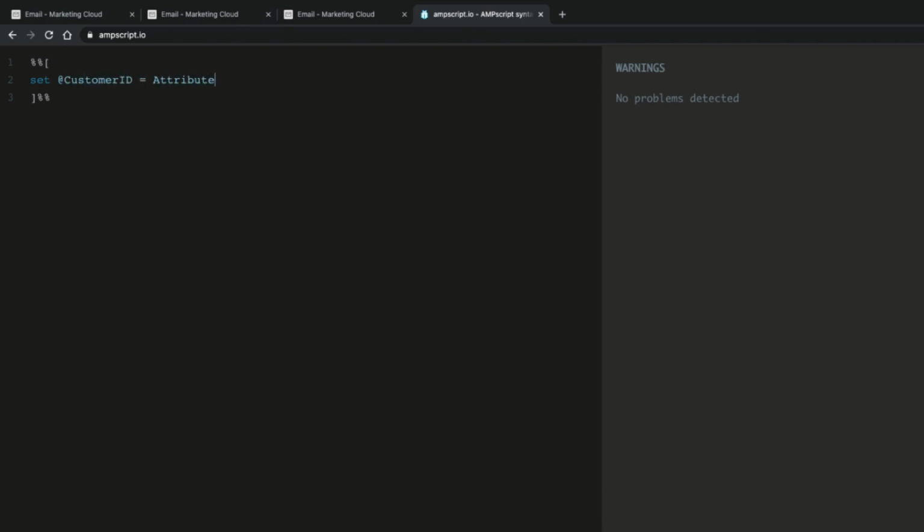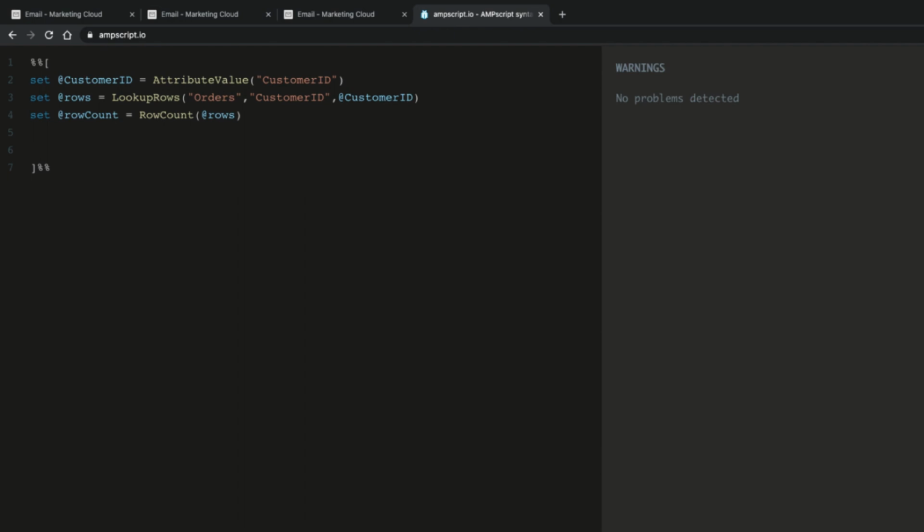I will use the AttributeValue function to pull the customer ID from my sendable data extension. Then I will set a rows variable. I will use the LookupRows function to find all the matching rows in the Orders data extension that match on the customer ID. Next, I will set a row count variable. I will use the RowCount function to see how many rows were found.